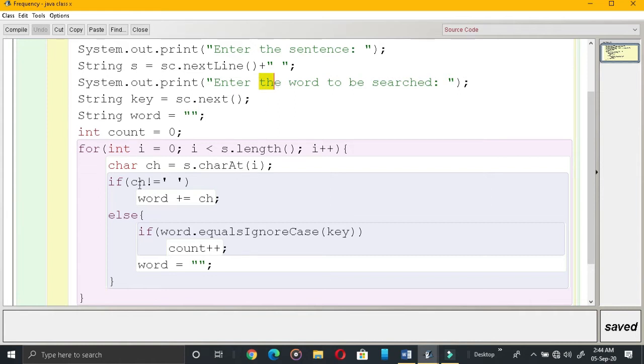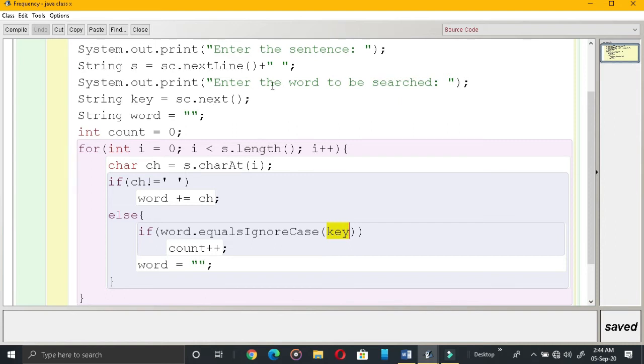Now, since the condition is false over here, the control comes to this part, checking word. In word what is there? The. Equal ignore case, without considering the case, whether it is equal to the key.